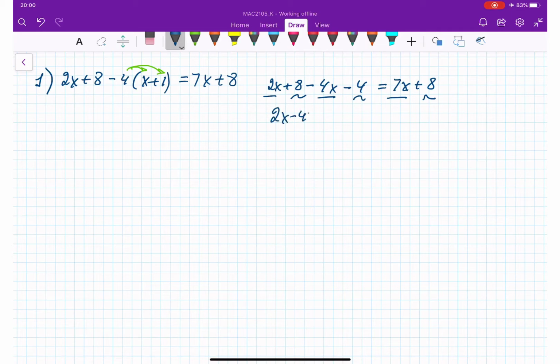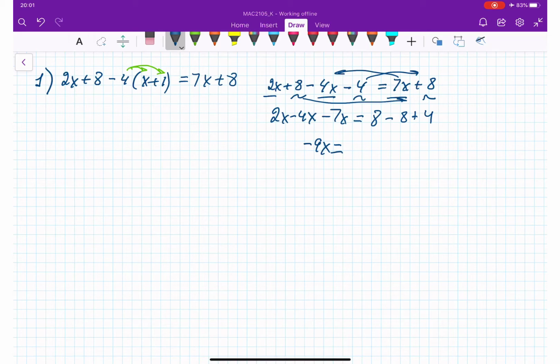2x minus 4x, and moving this 7x on this side is equal, let me see, 8, moving this 8 on this side will be negative 8, and this negative 4 also on this side, it's going to be positive 4. So we are going to get 2x minus 4x, it's going to be negative 2x, negative 2x, negative 7x, it's going to be negative 9x,